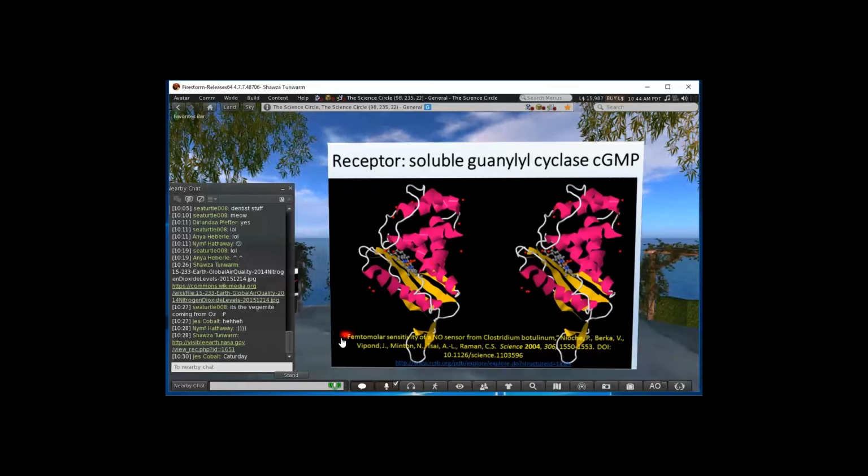So in fact, the title of the paper I got this from was Femtomolar Sensitivity of a Nitric Oxide Sensor. And so these sGCs are designed to be able, I shouldn't say designed, have evolved to, oh dear, there's a whole set of comments on the internet coming. They have properties such that they will detect nitric oxide very sensitively. All right, how do they do that?